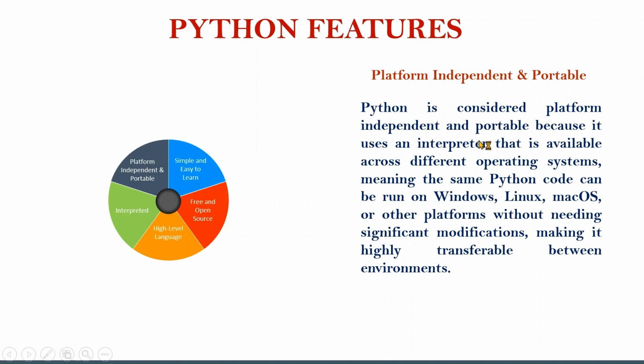So Python is considered platform independent and portable because it uses an interpreter that is available across different operating systems, meaning the same Python code can run on Windows, Linux, Mac OS, or other platforms without needing significant modifications, making it highly transferable between environments.